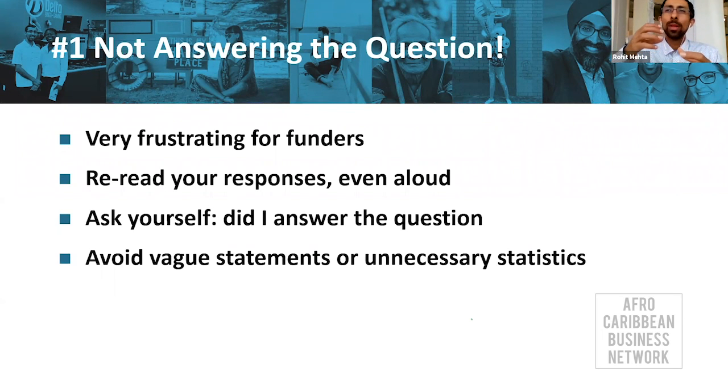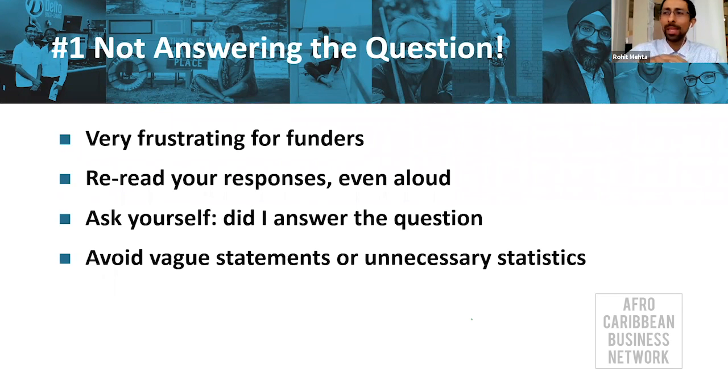So a lot of times when a question is asked, you need to make sure that the first sentence of that answer right away starts to answer the question. And the trick is you take part of the question and you put it in your answer. That tells the reviewer that you're actually reading the question. There are so many times where I would reread an answer and say to myself, you know, the answer really has nothing to do with the question, right? And so you have to also do the same thing. You have to look at the question, look at the answer, and reread it and say, did I even answer the question? If you didn't, make those changes.